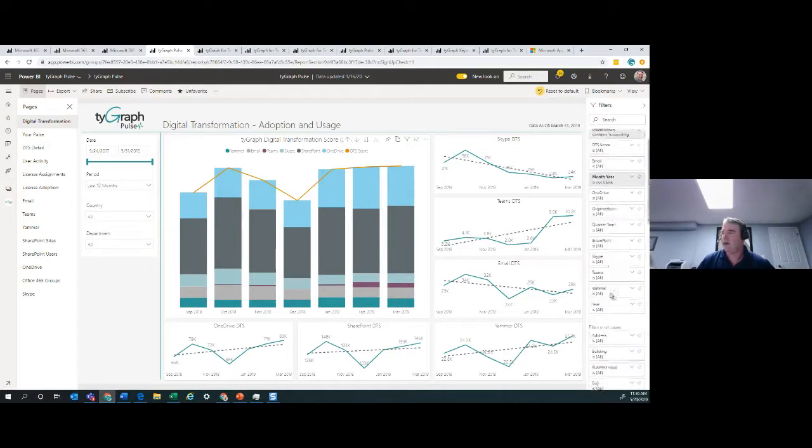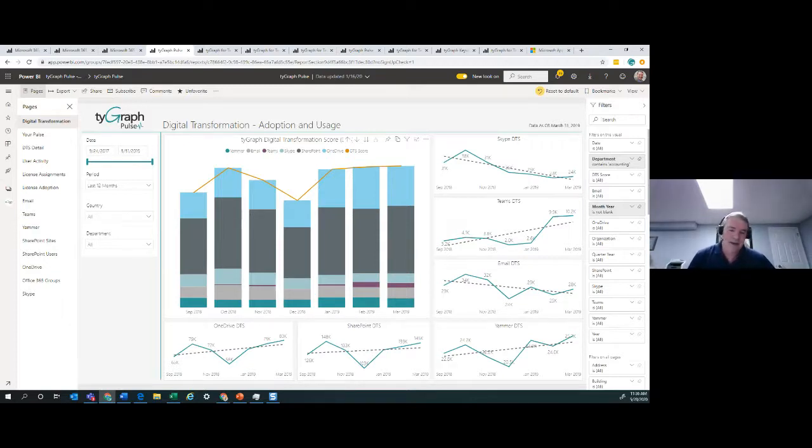We provide a whole plethora of them, but the ability to look at city, continent, geography, et cetera. The other thing that is important with regard to this is, where do we get that data? Azure Active Directory is obviously the best source for that, and we pull that in natively. But we can also pull data from other sources, because oftentimes Azure Active Directory isn't completely syncing with internal Active Directory for all those metadata fields that you want to pull in. Or secondly, it may not be as up to date as you like. So with that, we're able to pull data in from other sources of record.